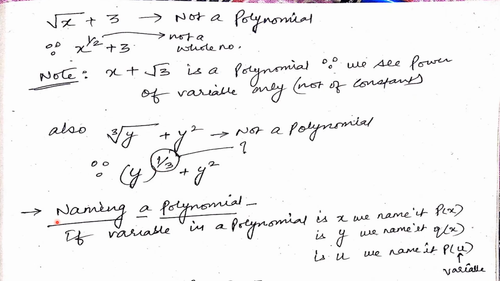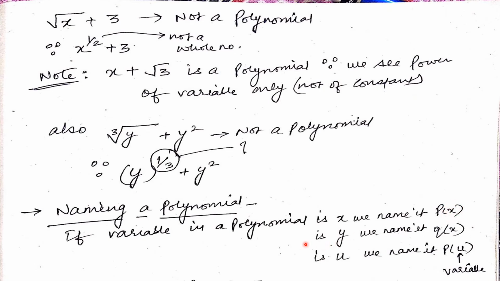Now we will discuss how we name a polynomial. Okay, to solve a question, you will see the variable in that polynomial. We have just read in the last slides that in this chapter we will deal with only one variable in one equation. So you have to find that variable. Suppose there is a variable x in a given equation. You can name it as small p(x), q(x), t(x), whatever you want. This bracket will show that that is the variable in the equation.